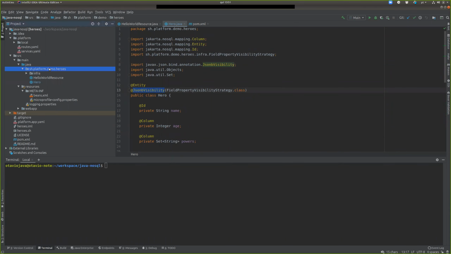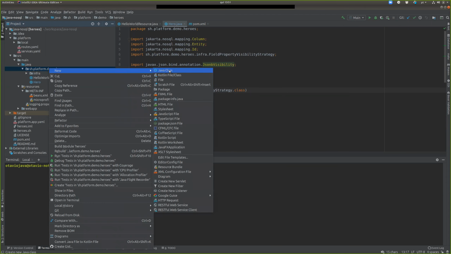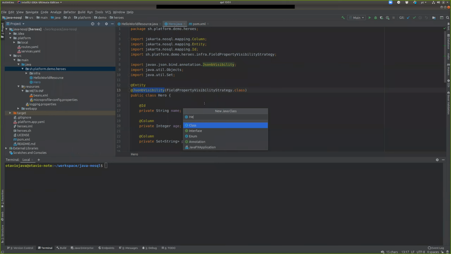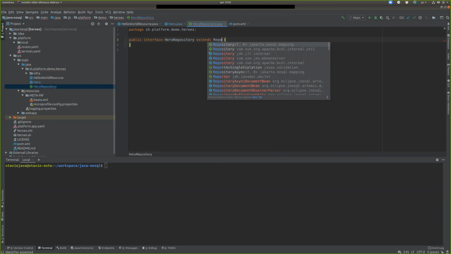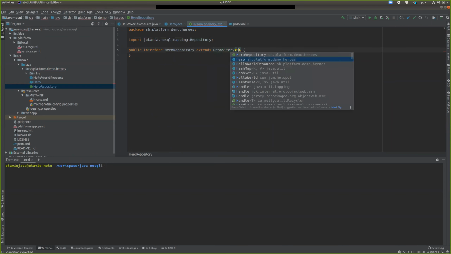The next step is to create the guy who is going to communicate with MongoDB and return information from MongoDB. Spring Data has a Spring Data repository, and for sure we have a similar thing. So let's create this hero repository. This looks like what Spring Data does. So I have my interface, and then I'm going to extend this guy to my repository. So my hero,